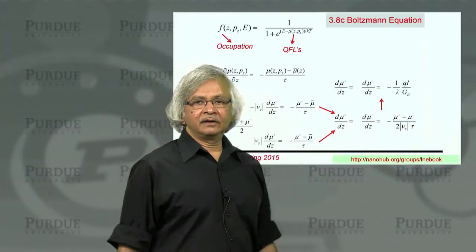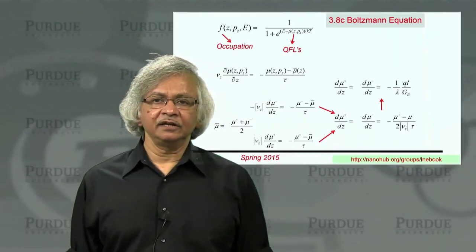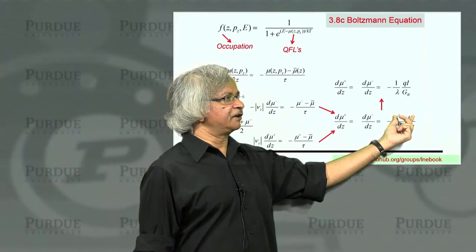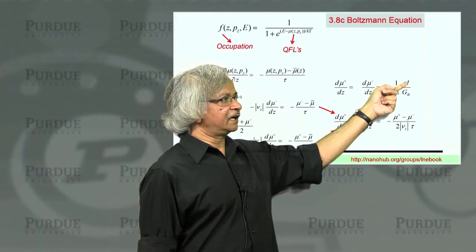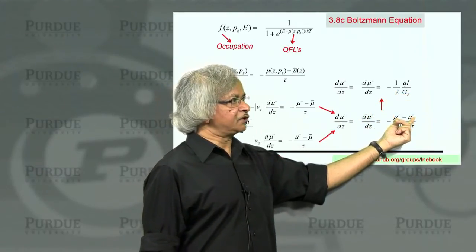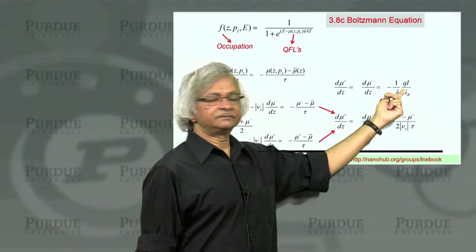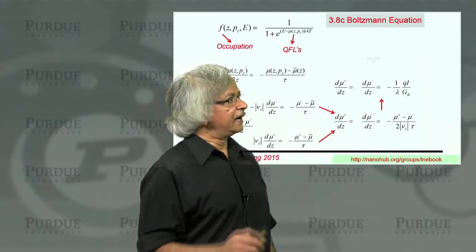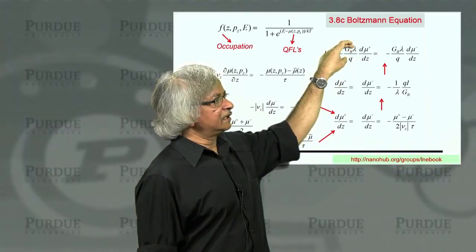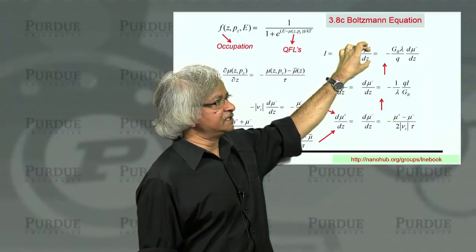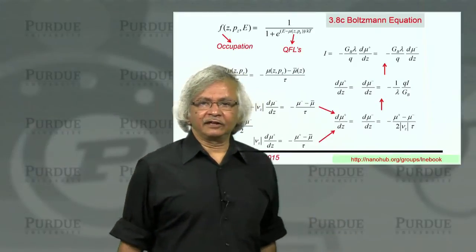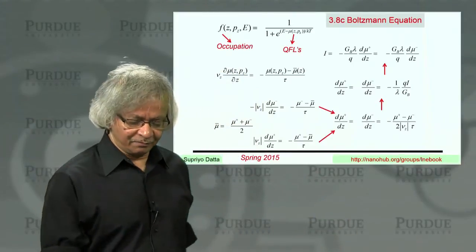And if you remember back from, I think it was lecture 3 or 4, we talked about the relation between the separation of quasi-Fermi levels and the current. That is, the current was like the ballistic conductance times the quasi-Fermi level separation. So I could replace this in terms of the current. And so I can now turn this around and write the current in this form. I is equal to this ballistic conductance times mean free path times d mu plus dz, or d mu minus dz. And this is kind of like looking like the diffusion equation that we have been using.